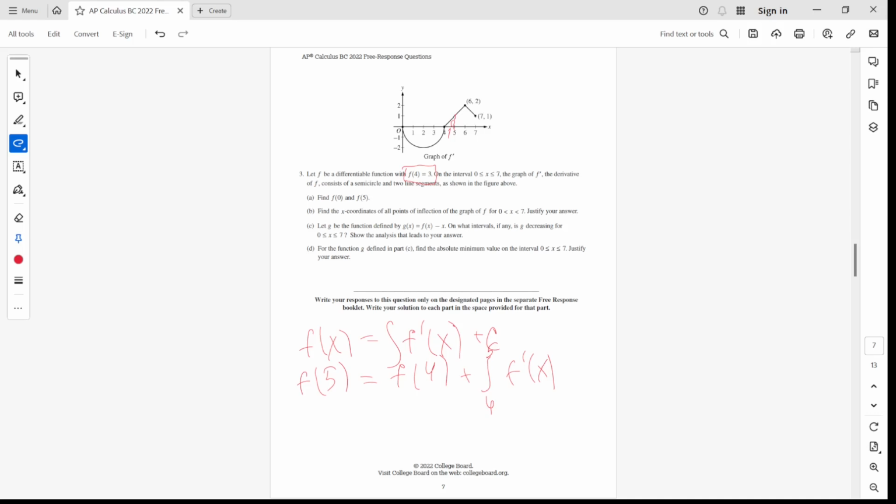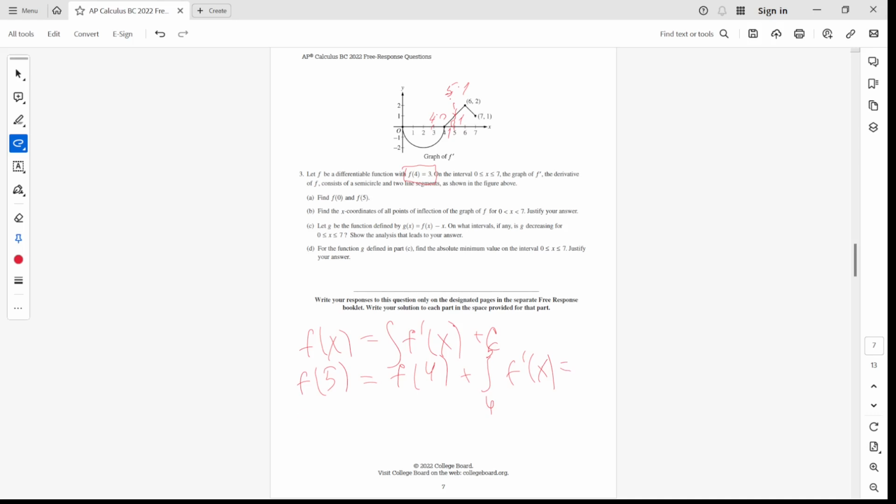We need to find another side of this right triangle, and we can use the fact that this point has coordinates of 4 and 0, and this point has coordinates 6 and 2. So this point has coordinates of 5 and 1. So this side is equal to 1,